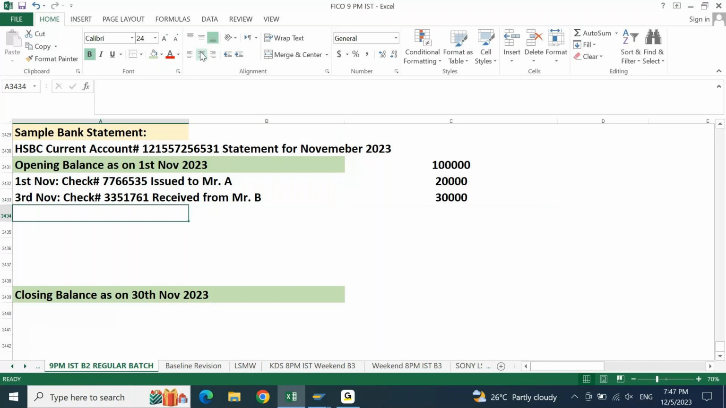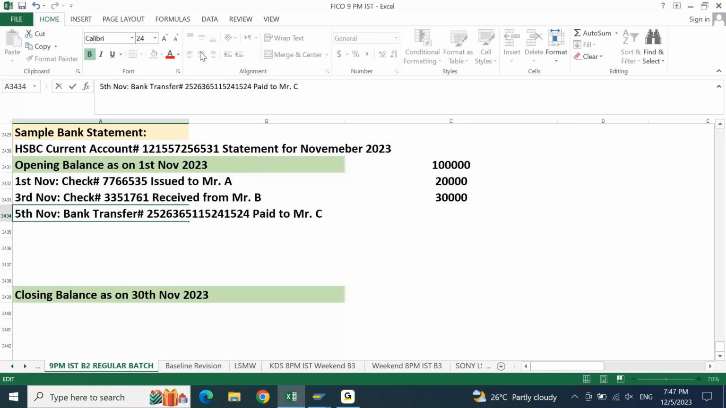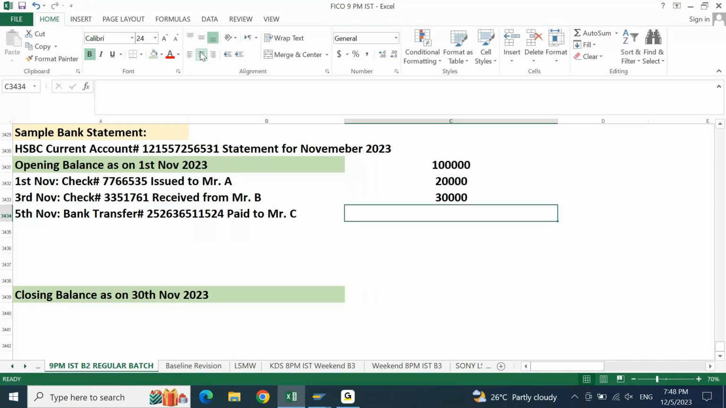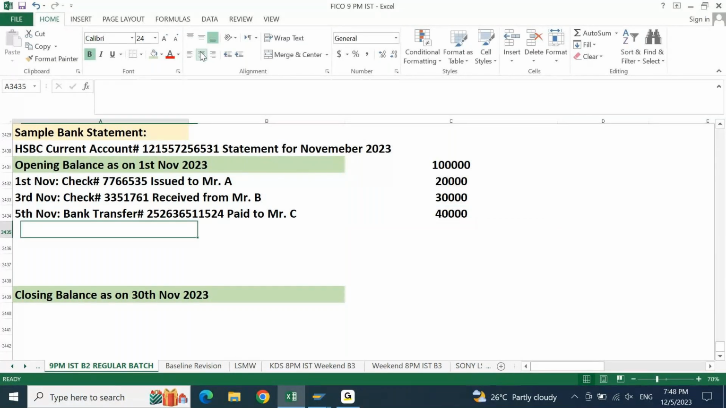Now I'll put on 5th November, bank transfer paid to Mr. C. Now when I'm talking about bank transfer, I need to make sure the transaction reference number. I'll say some random number. This one I will say 40,000, and on 10th November I will take